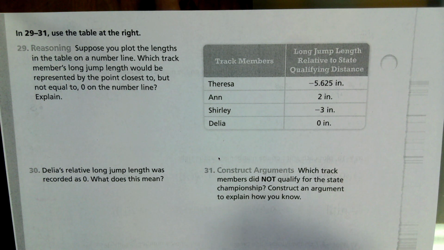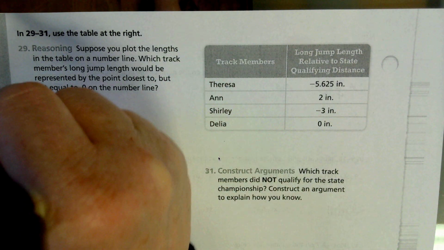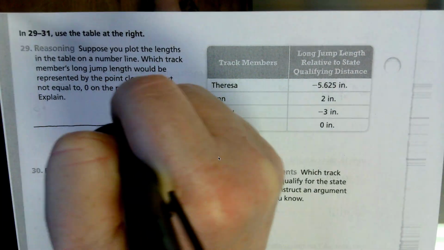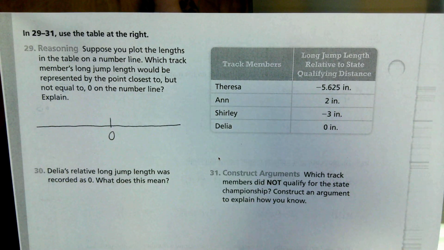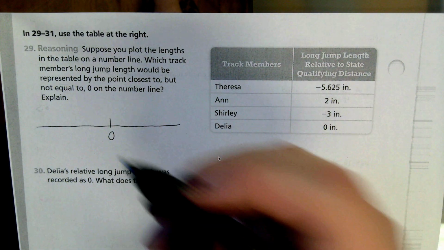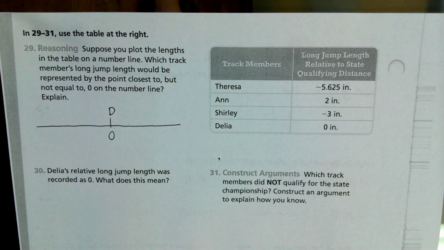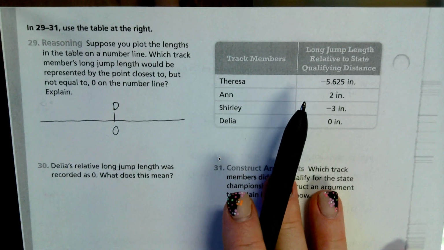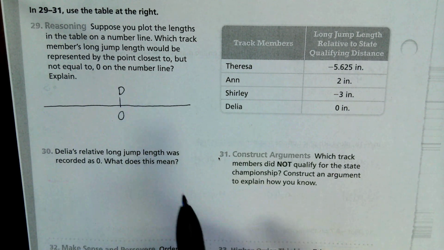Oh, I'm not telling you. You can figure that out. But Miss Collins, I know. So I would draw a number line. OMG, are you drawing a number line? Some of you aren't. I'm going to call this D for Delia. So you do that. Once you have plotted this, you can tell me who's closest to 0 on the number line and